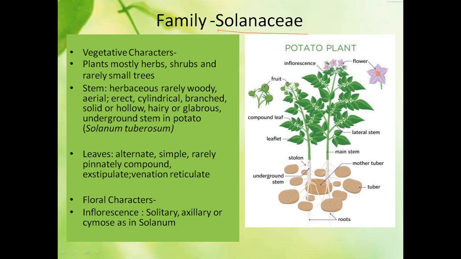First, the vegetative characters. Most of the parts of these plants are used as edible parts. There are a lot of plants which are not used in our daily life for eating, like the Ashoka tree. We cannot use the stems and leaves of the Ashoka tree as vegetables or fruits, or we can say the teak plant or sesame plant. These are plants which are not used for edible purposes.